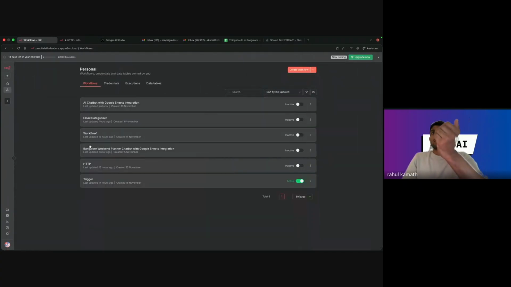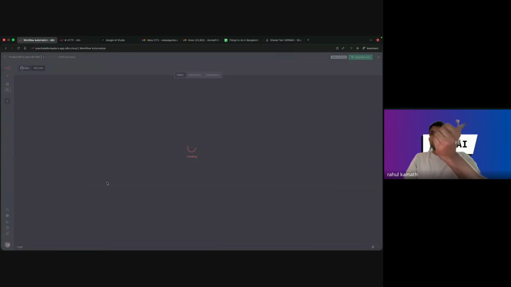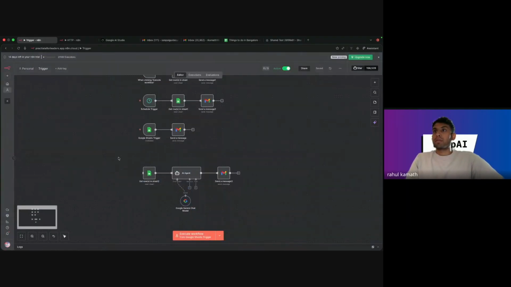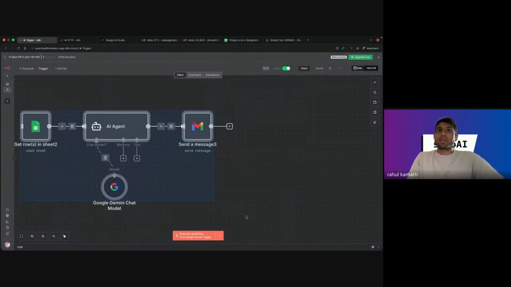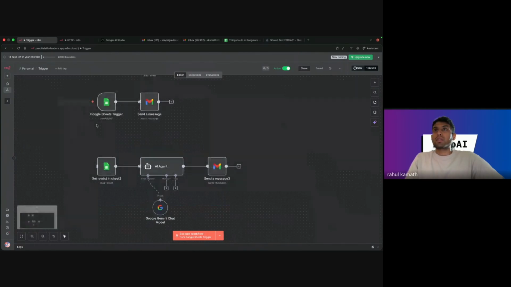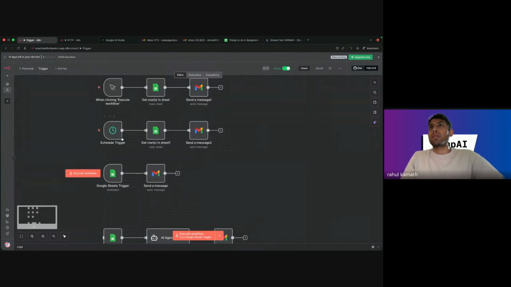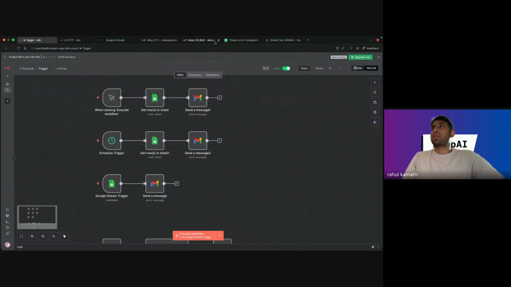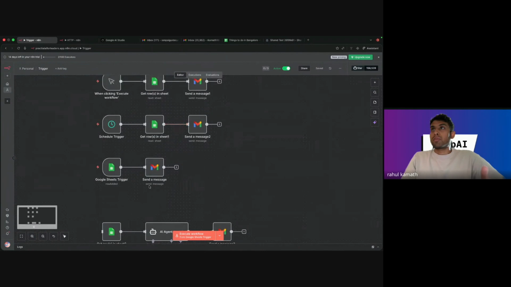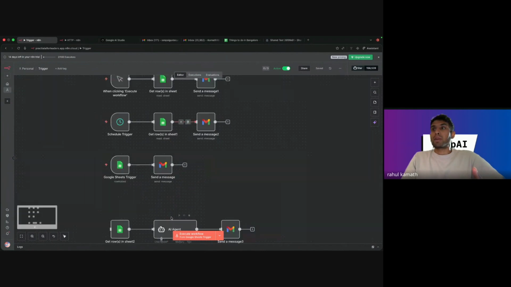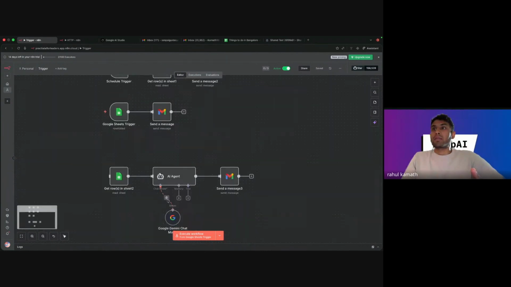The second way you can use AI in your workflow is this example, with the same Google Sheet. My idea was that when I click the workflow, it opens a Google Sheet which has some details about customers and sends them a welcome message. Here it would be a simple welcome message, but in this workflow I've added an AI agent in between to give a more personalized welcome message. So you can use AI within the workflow as well. I'll come to that part shortly.